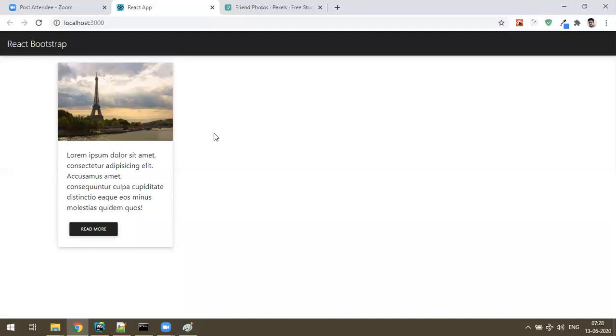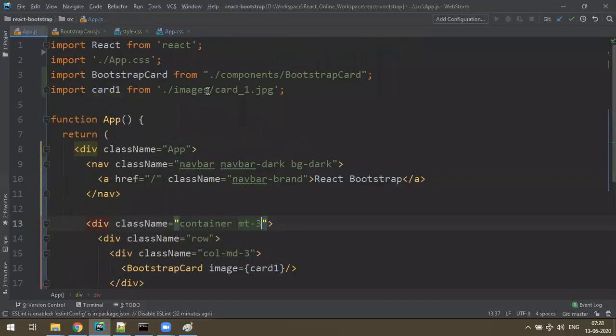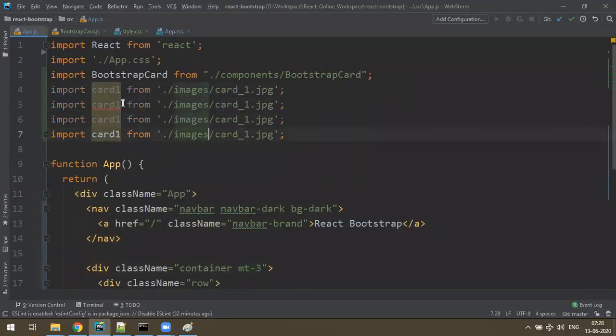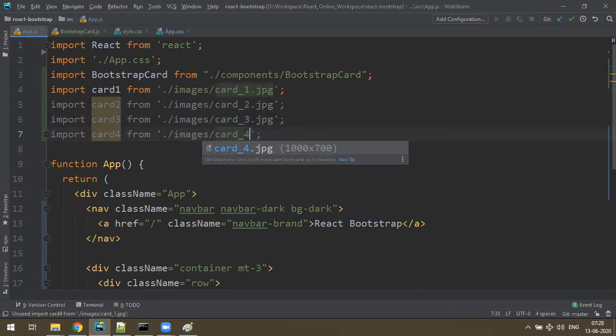This looks good, but I wanted two other cards. So what do you do? I need two other images also. So my plan is, let's make card 2, card 3, card 4, and let's make this card 2, this is gonna be card 3, and this is gonna be the card 4.